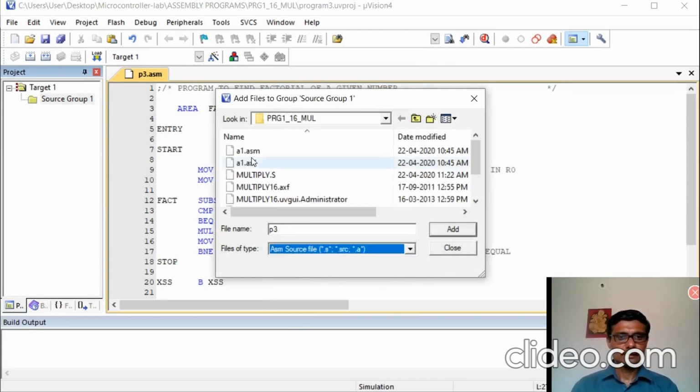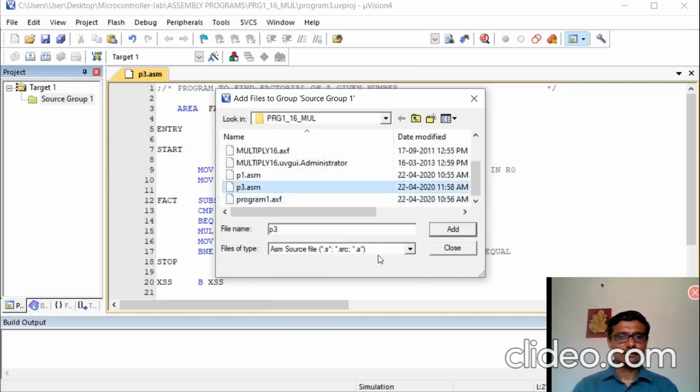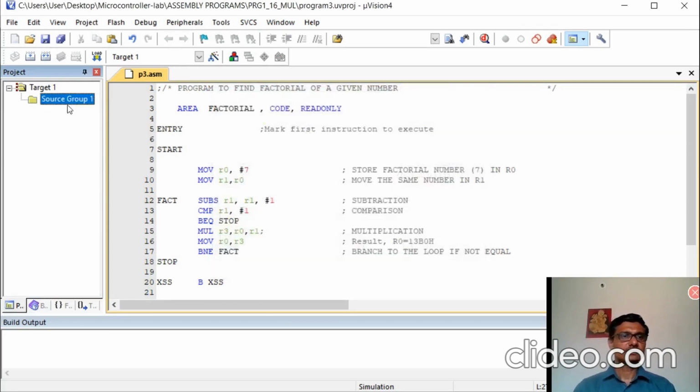Select that, add that file, close it. You can see here p3.asm. So it is created here.